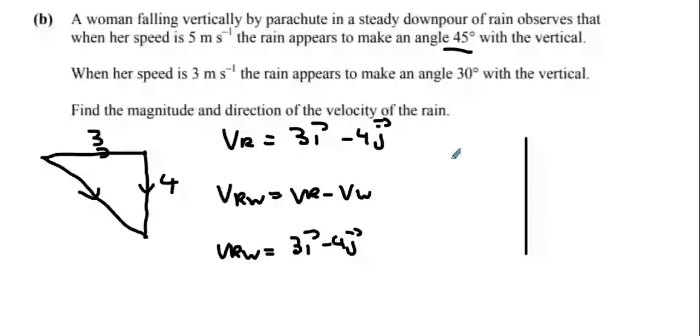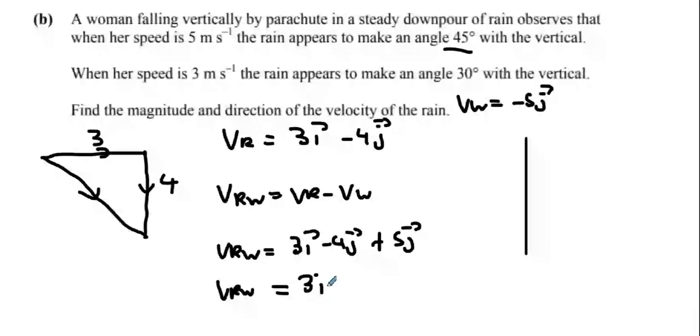Minus the velocity of the woman, and the velocity of the woman in the first case scenario is minus 5j because she's dropping down 5. So that'll be plus 5j. In this case, the velocity of the rain relative to the woman will be 3i plus 1j. Is that okay? Now, if you were to run the second scenario, however,